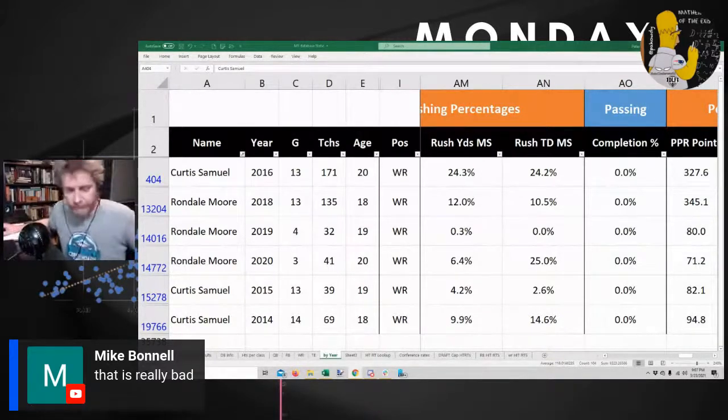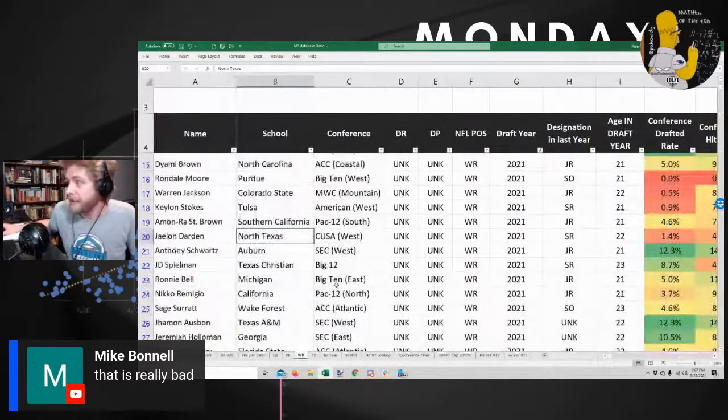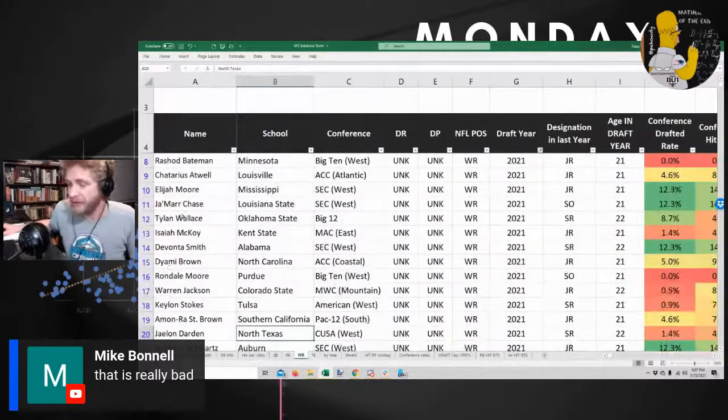I'm trying to do a spiel. I didn't mean to go on there so much, but apparently it takes me a long time to talk about yards per reception. In terms of good or bad, what's good, what's bad, your yards per team pass attempt compared to your conference or compared to your age is a better indicator or an indication at all of whether you're good and bad. And he does well in those.